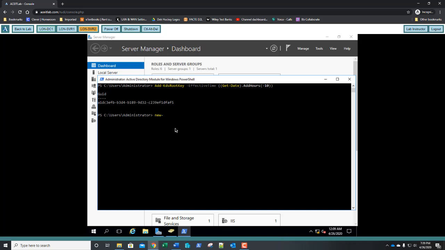It is New-ADServiceAccount, dash Name, we're going to call it app2 service, dash DNSHostName, this is where it's going to get created, lun-dc1.adatum.com, another space, dash